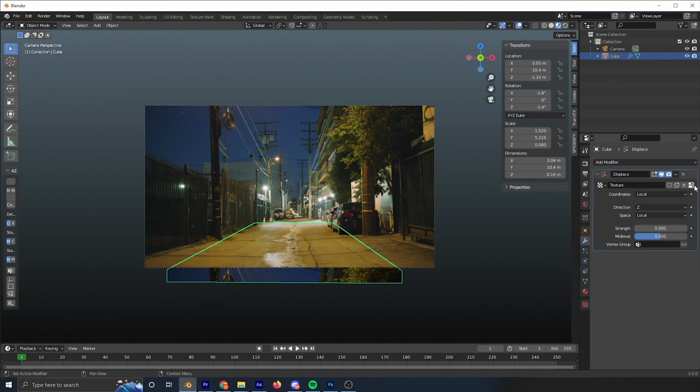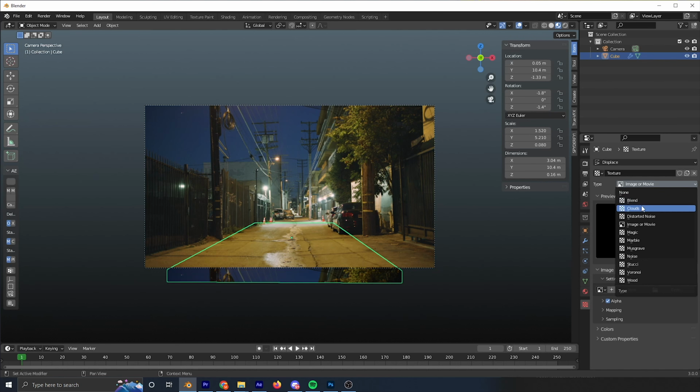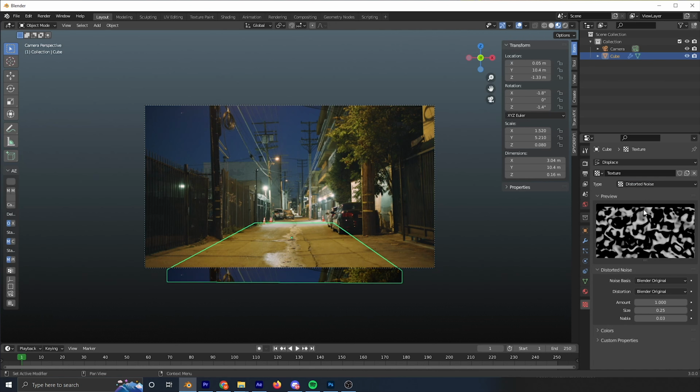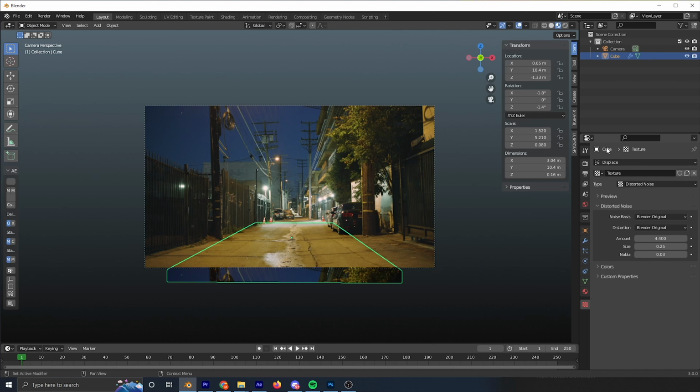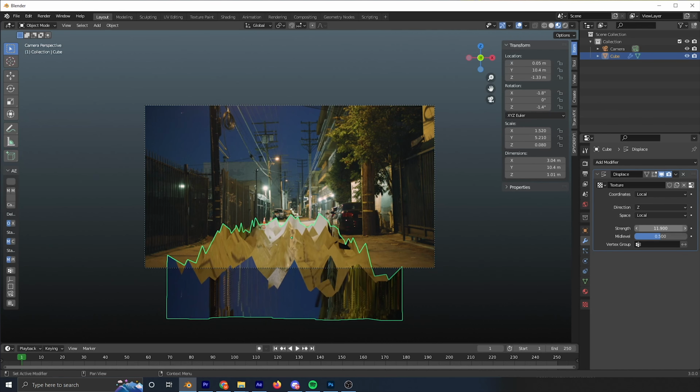After you click on new, click on this little button right here to show the texture. And then click image or movie. And then you can click clouds or distorted noise. I forgot which one I used. And this is pretty much the texture that your ground is going to displace on. So if we increase this distorted noise, and then go back to the modifiers, and then increase the strength, you can see we're doing the displace effect